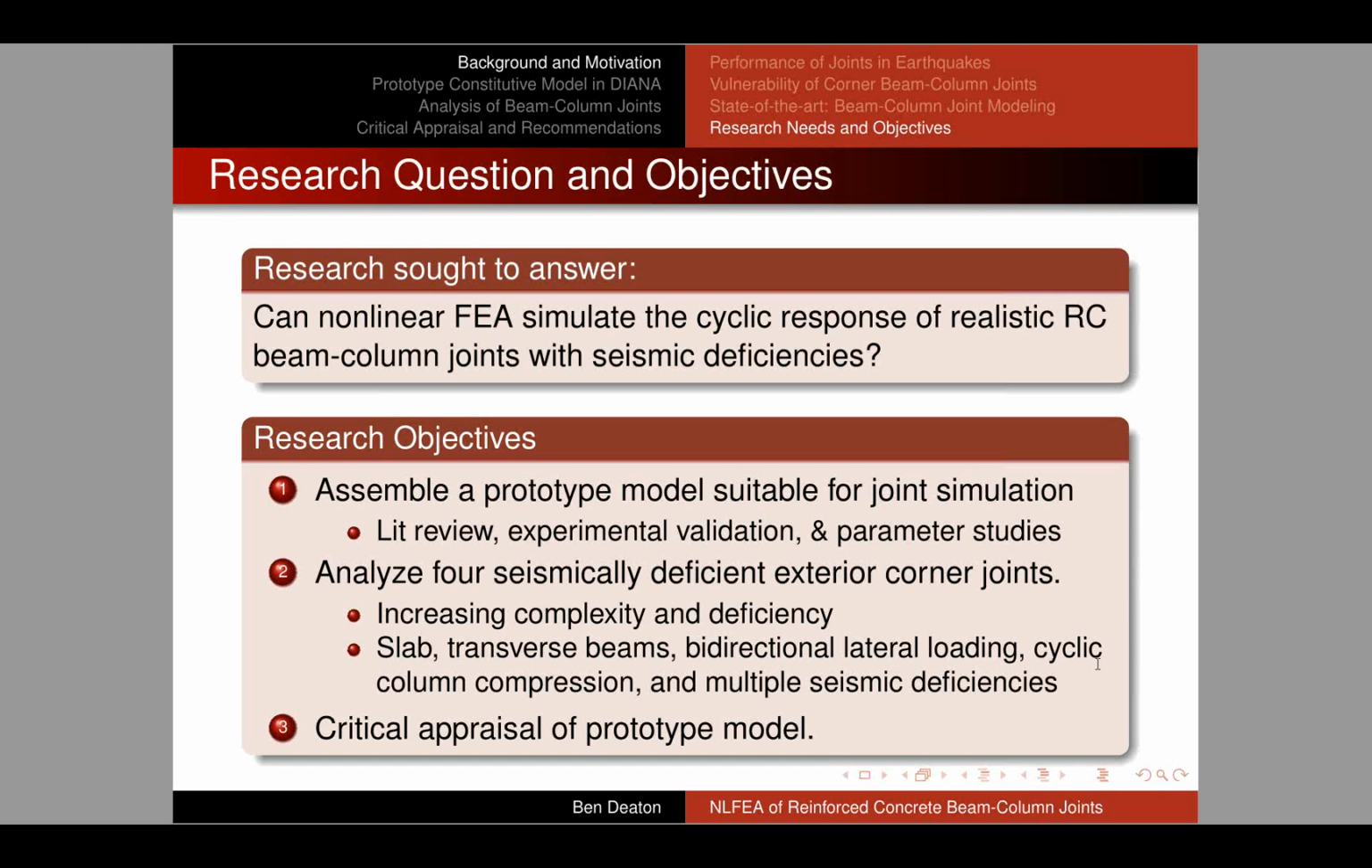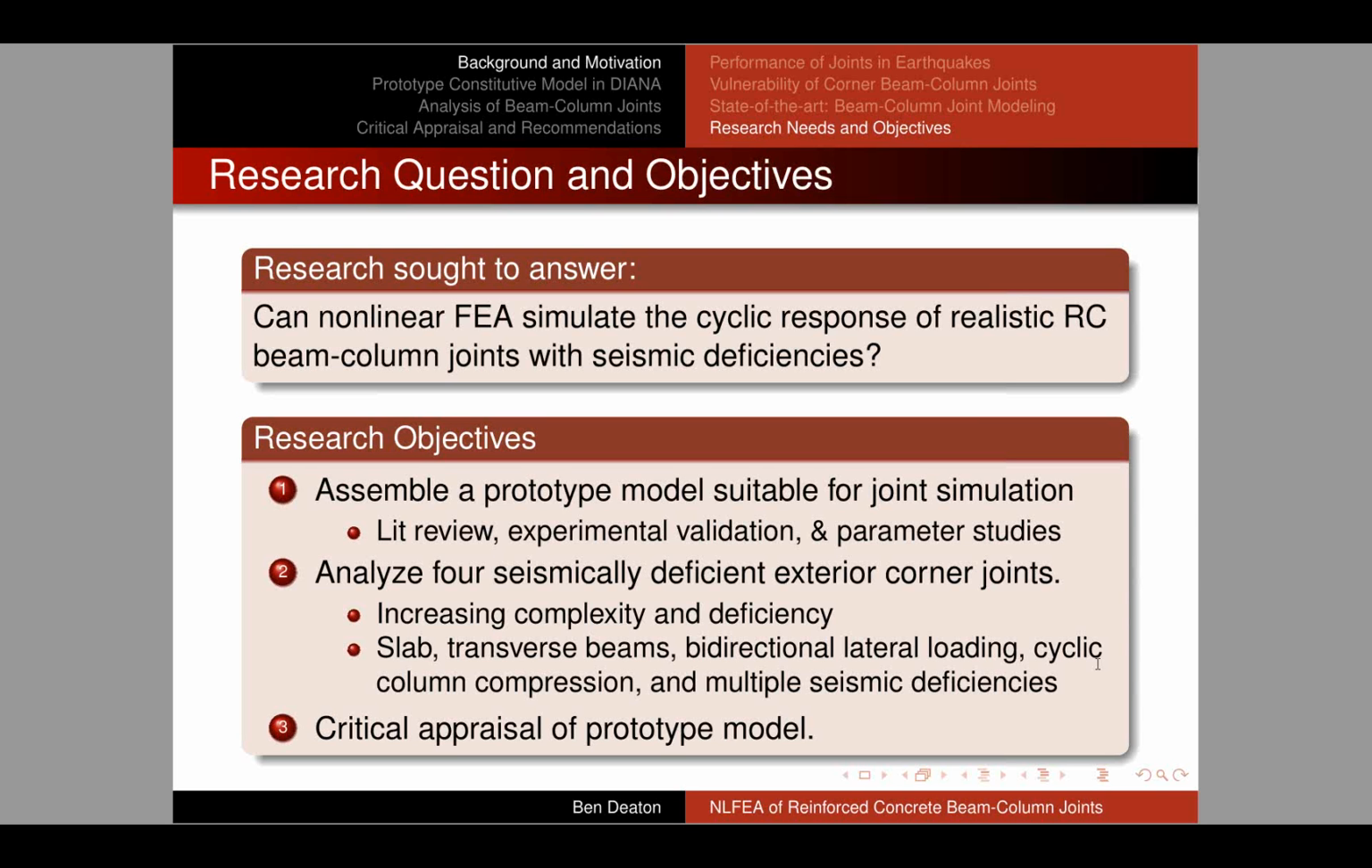So with that in mind, this study sought to answer: can nonlinear FEA simulate the cyclic response of realistic reinforced concrete beam column joints with seismic deficiencies? And so our objectives were, first of all, to assemble a prototype model suitable for joint simulation. And this involved the lit review, experimental validation, and parameter studies, which I can only get into a little bit